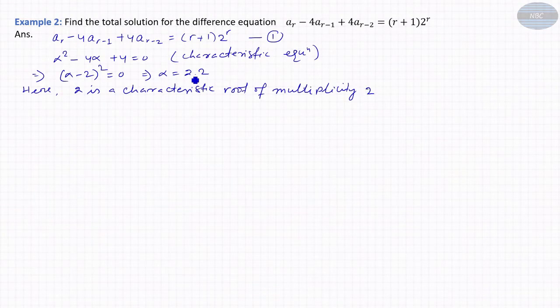Okay, because here 2 is repeated twice, so the particular solution is of the form... so we can write r square. Because here the root 2 is repeated twice, we have to use r to the power m. Here m is 2, so r square